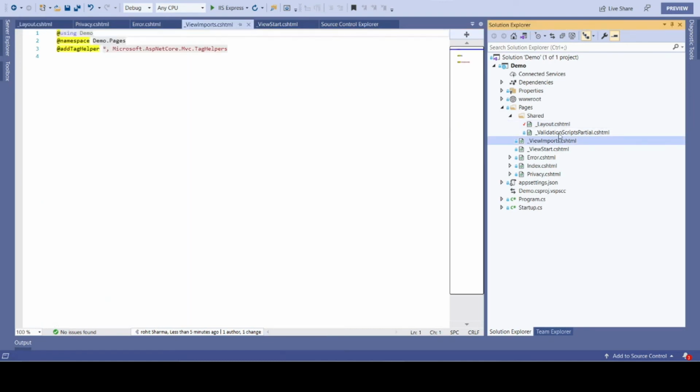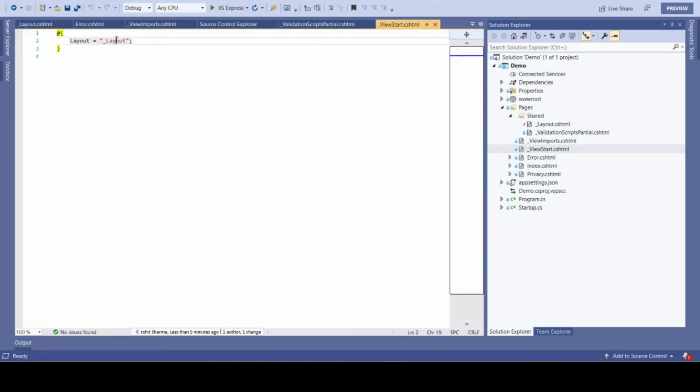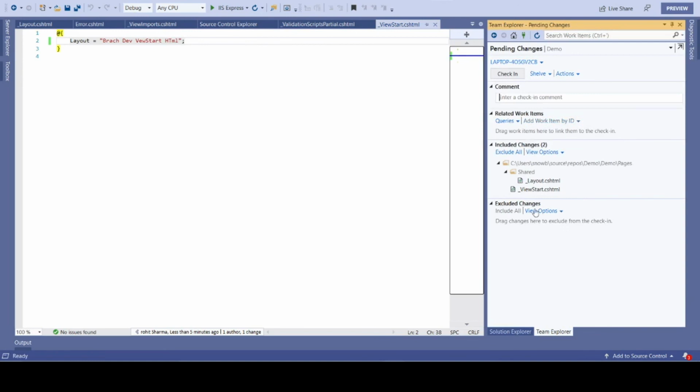Let me do the same in another file, view start HTML, and I'll say branch dev view start HTML. That's okay. Now I'll check in my change. To do that, I just add a comment.